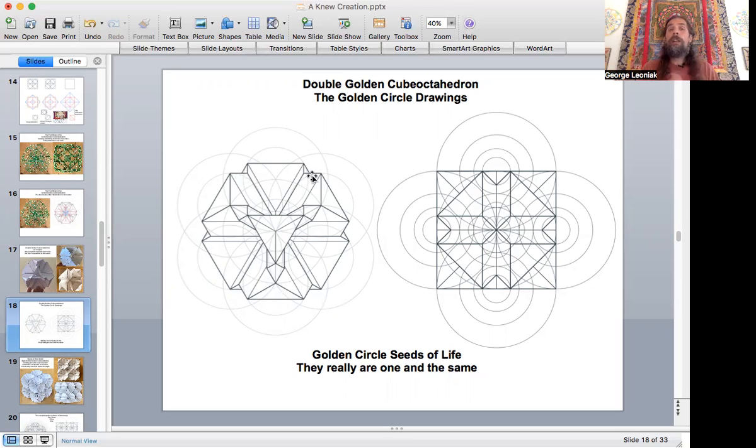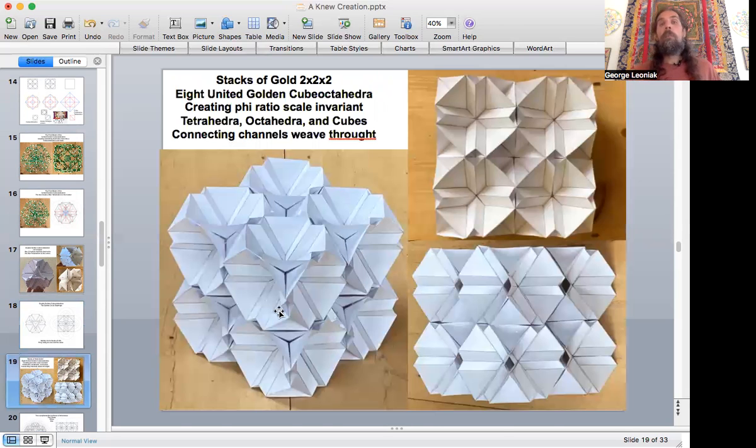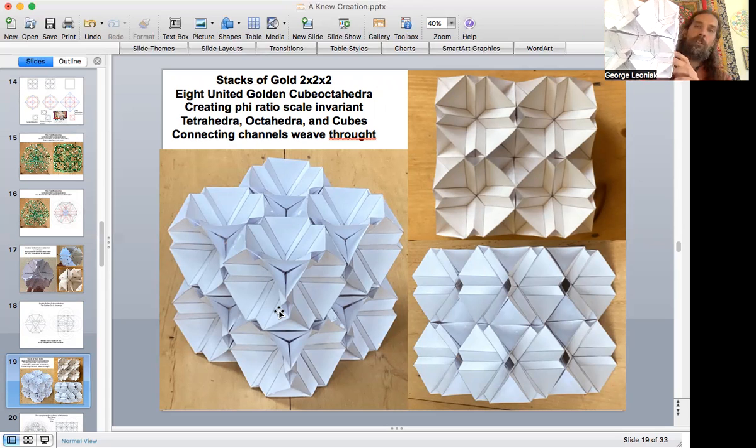When we add the golden rectangles to it, all of a sudden we need phi ratio circles or other methods to produce this. And there's a reason why, and I'll show you in a moment, but let's have a little more fun with stacking some gold. So I've got my little gold bricks that I've put together, these golden shapes. I'm going to make a 2x2 model, which I do have for us. I built, which of course you see the pictures, but I'd love to show you at the end up close, but this was a lot of